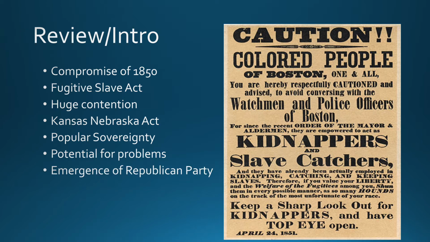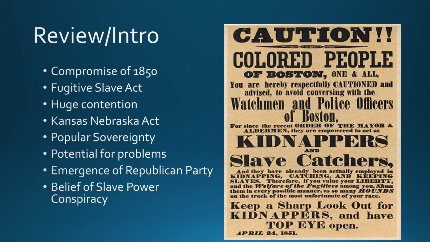So contentious is the Kansas-Nebraska Act that a new political party will literally emerge directly, basically, as a result, and that will be the Republican Party. We'll talk more about the Republican Party in this lesson, but just a reminder, the Republican Party is the party of free soil. They do not want slavery to expand. However, they are not an abolitionist party. They do not necessarily want to get rid of slavery where it already exists. So just keep in mind that this belief will somewhat change.